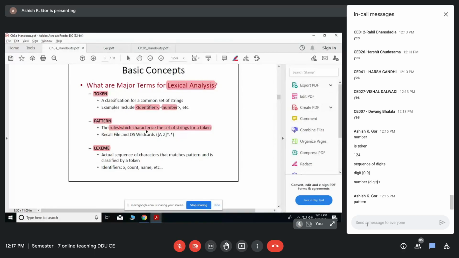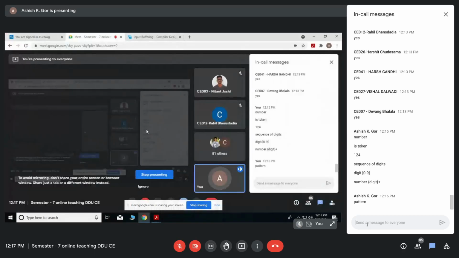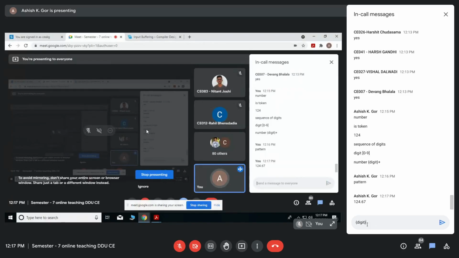Now I want you to write what would be the pattern or regular expression for floating point numbers. For floating point numbers, I want to recognize this in lex: 124.67.